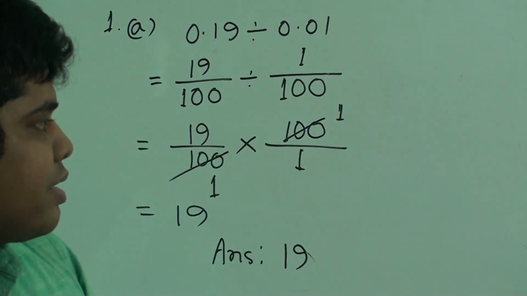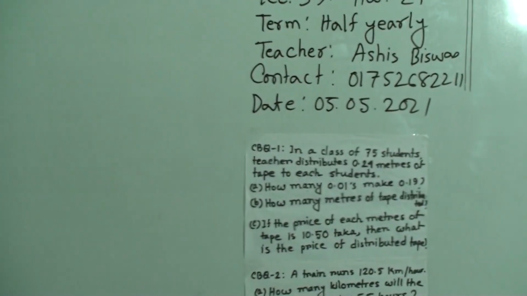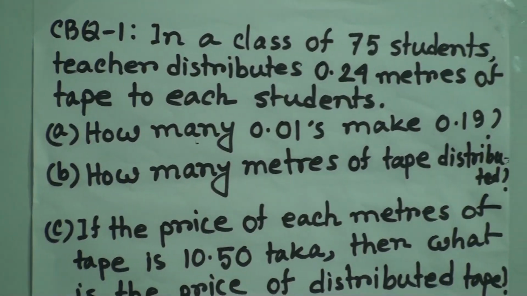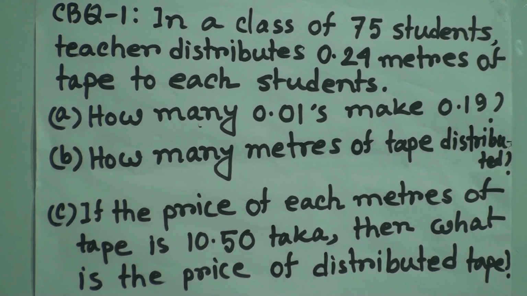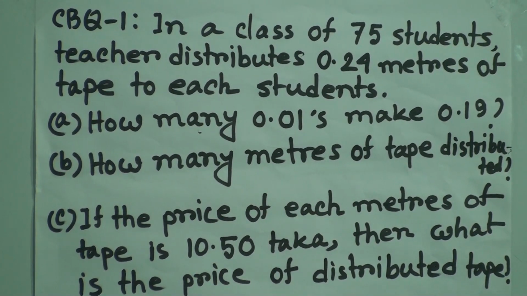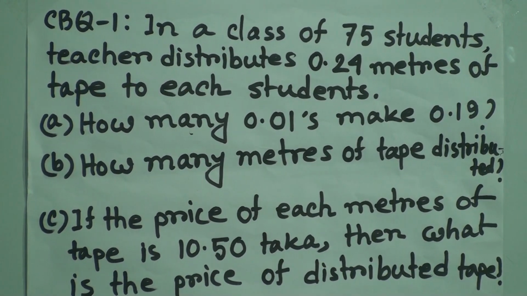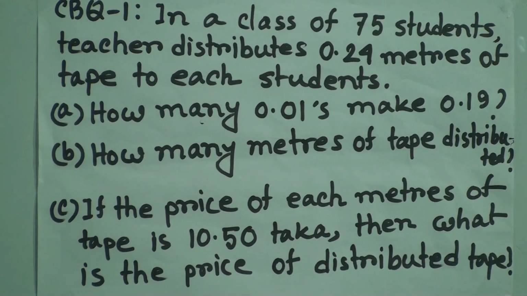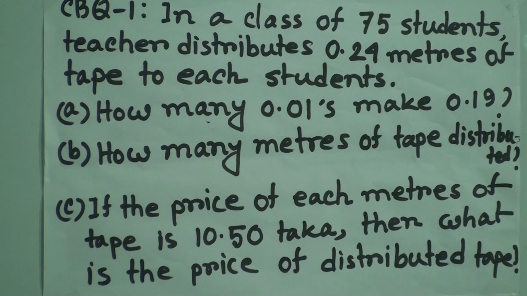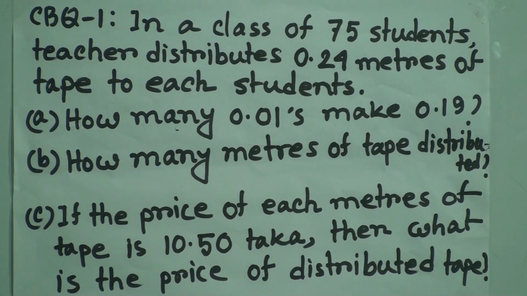Question number B is, how many meters of tape are distributed? That means 75 students get how many meters of tape. So we have already made a plan that at first we write one student gets how many meters of tape. One student gets 0.24 meters of tape. Now write,